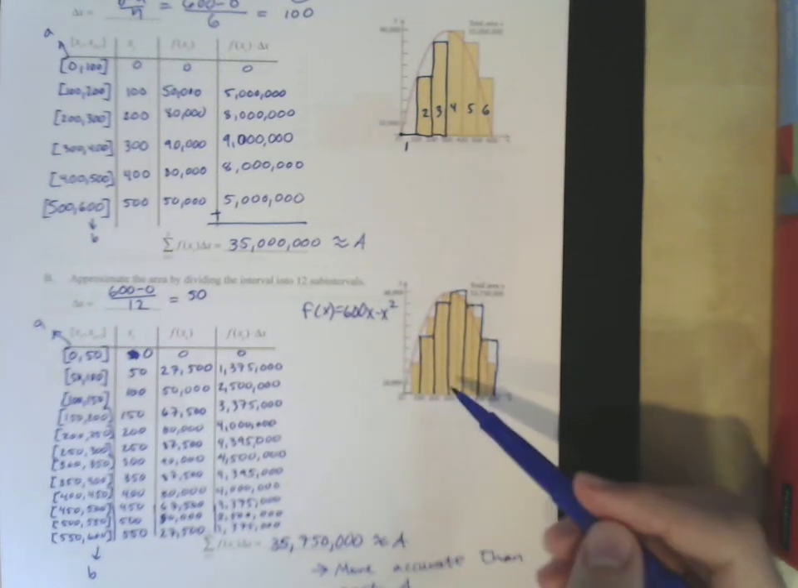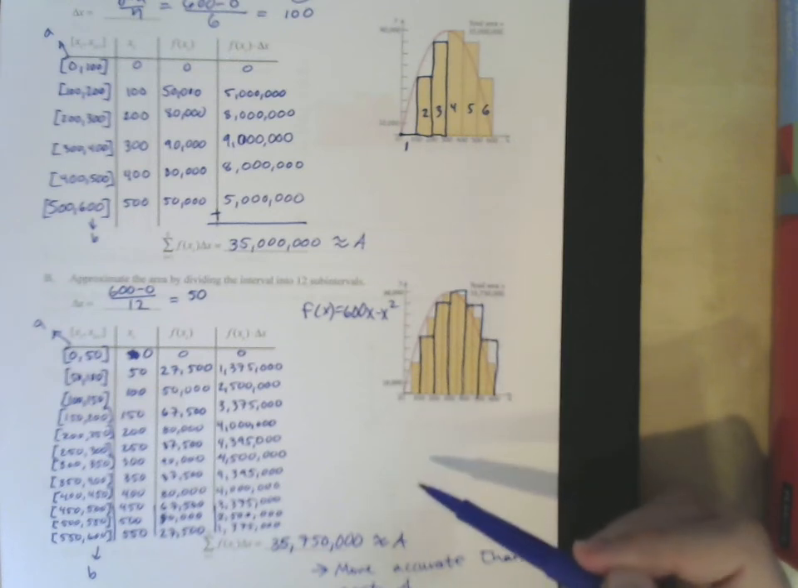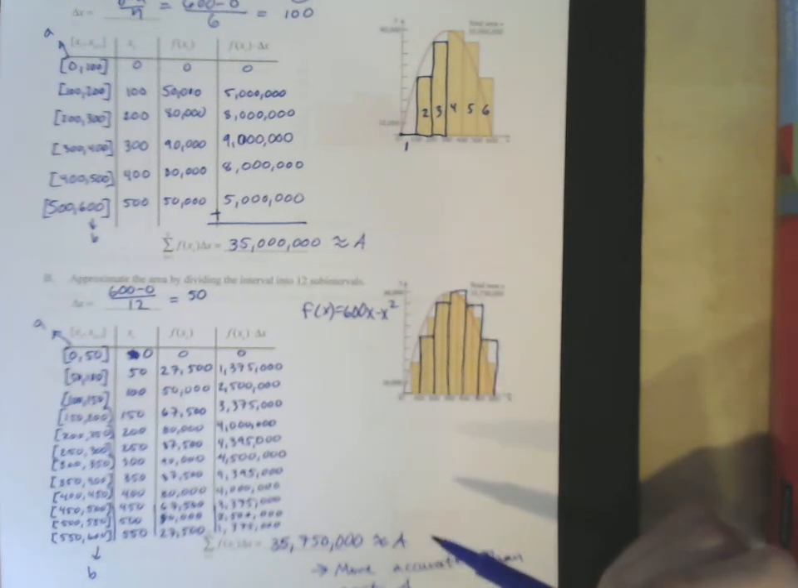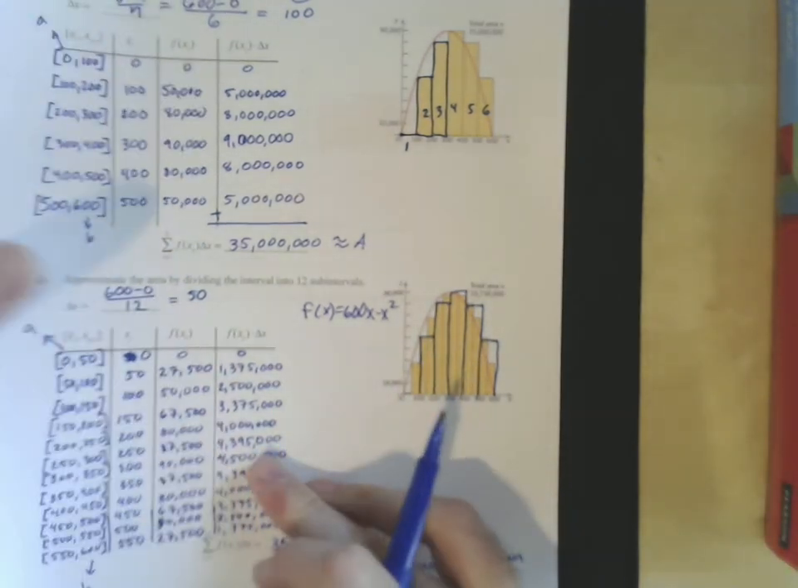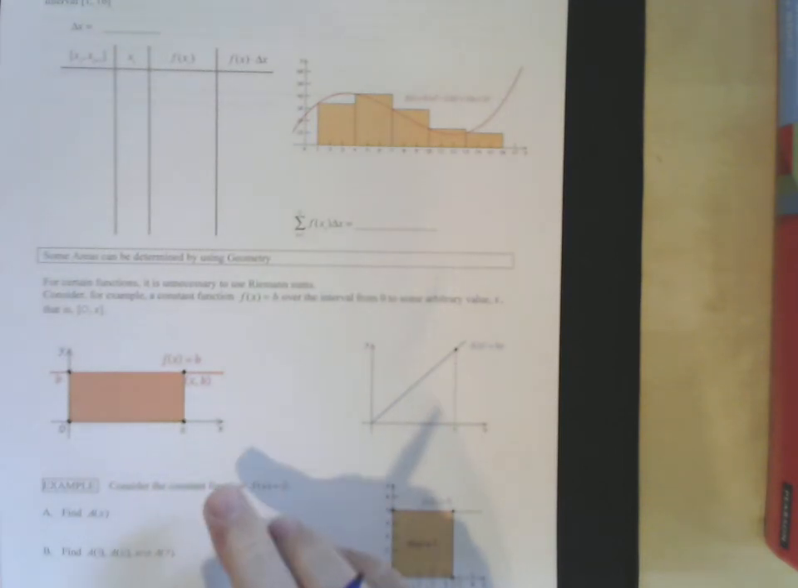We could go to 24 rectangles and be even more exact, split all of these 12 rectangles in half, and we'd be even more accurate. Now, that's a lot of work. It's 24 rectangles. So,